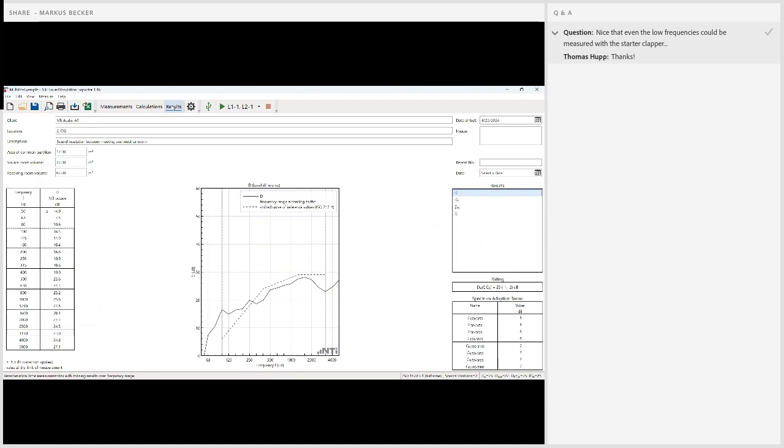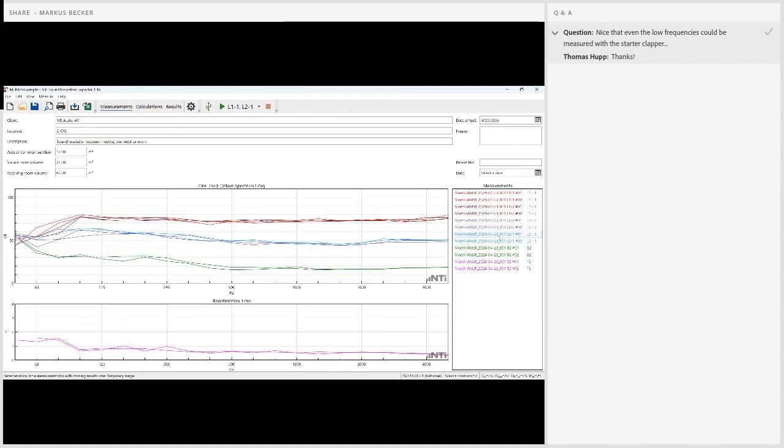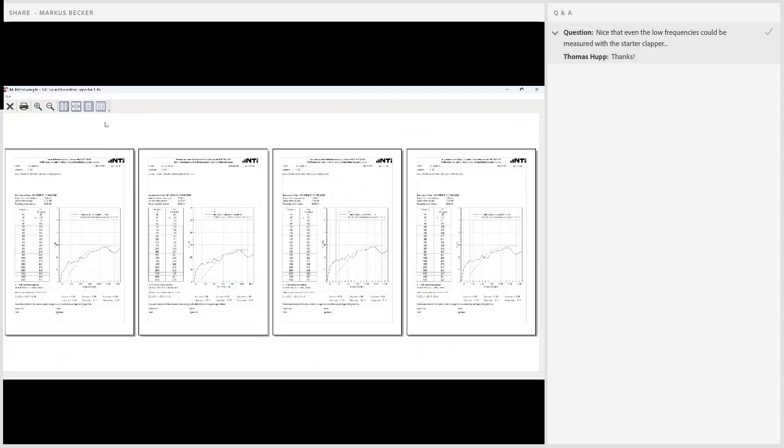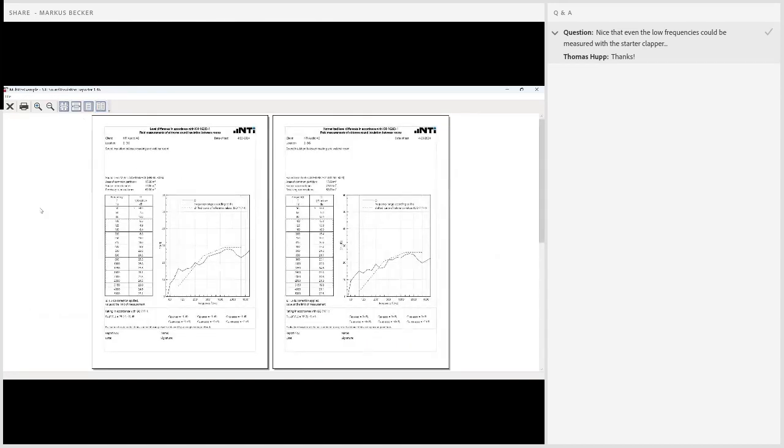You can take a look at the results. You can even edit if you want. You can click on a specific data point. You can delete it if you don't like it, whatever. And the software will provide these standardized reports. And this is the item that you're most interested in, because this is the document you can sell to your customer. This is the document that proves you have done a correct job. The sound insulation is within the limits or whatever. So that is what the software provides as well. It is partially editable. You can exchange the logo here. You can add some comments, but the important part is standardized, and that is replicated in this software.